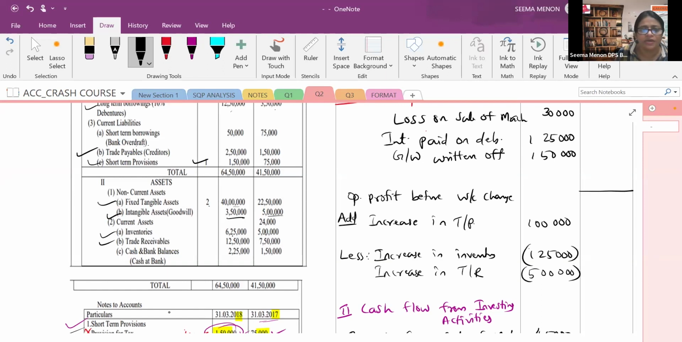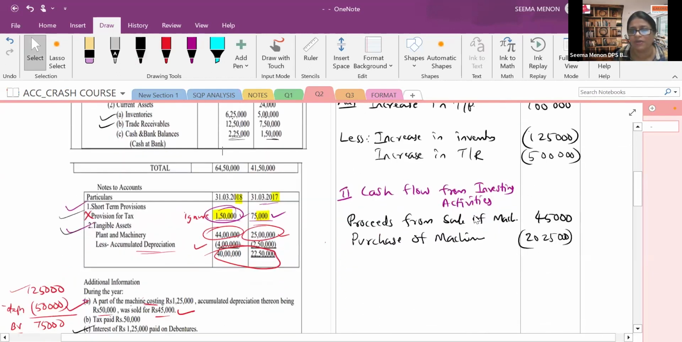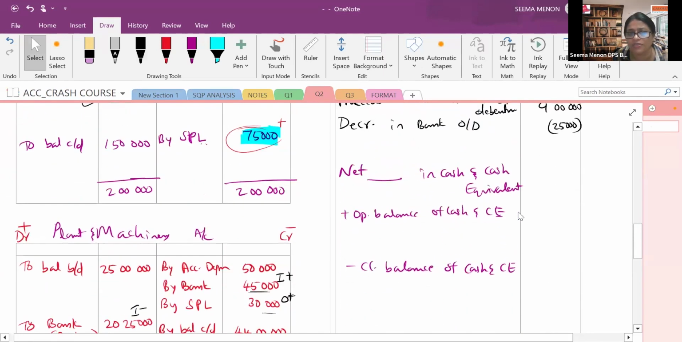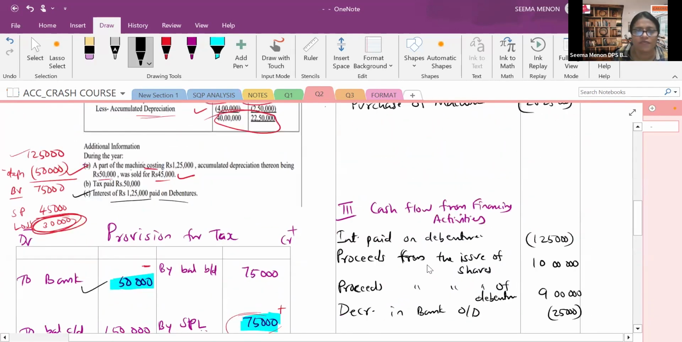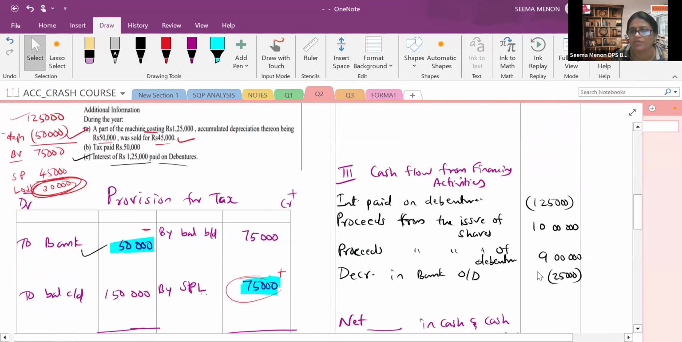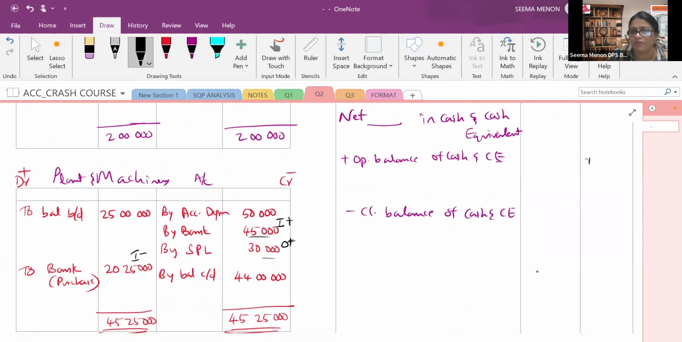Now you can see that. Then cash and bank balance. The opening balance is given 1,50,000 and the closing balance is given 2,25,000. So we will write the opening balance in the last column. Opening balance you will enter in the last column. That is 1,50,000 and closing balance is 2,25,000. You will write 1,50,000, draw a line and you are getting